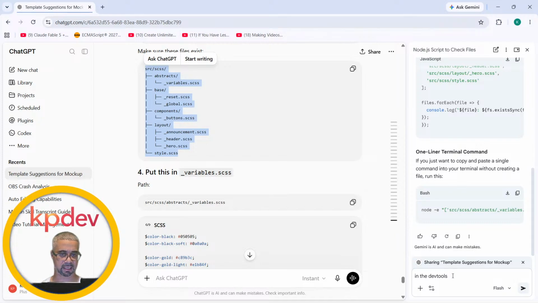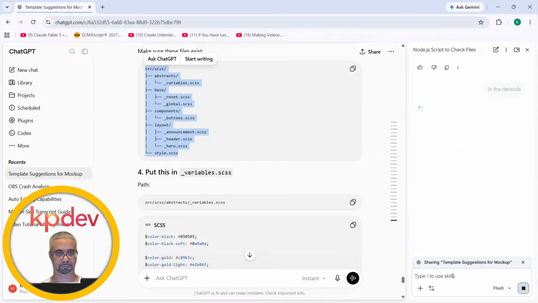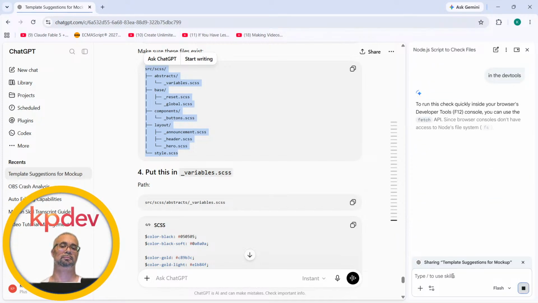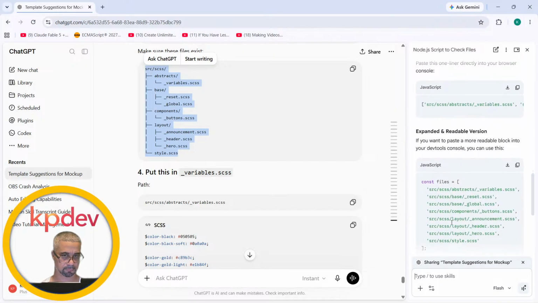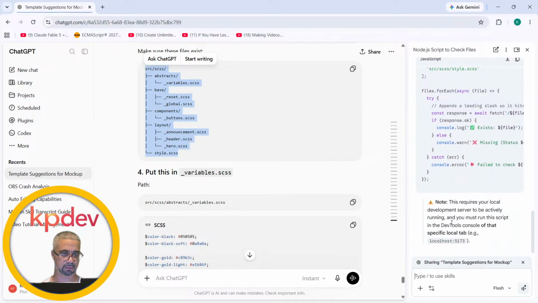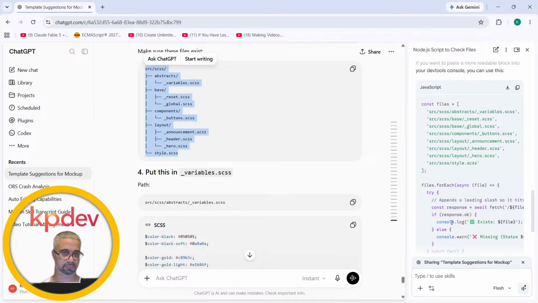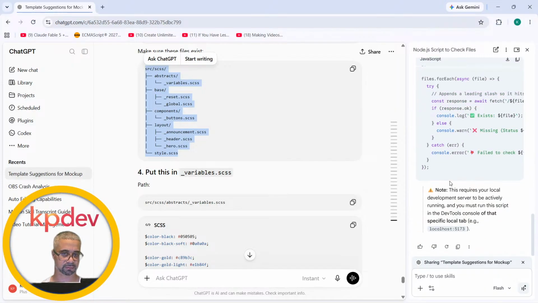Right now, we're not at that level. Oh Lord, here we go. Another script. This requires your local development server to be actively running. No. Again,